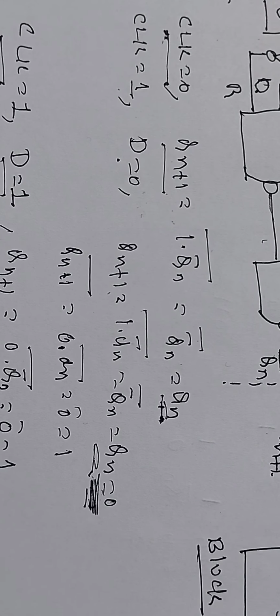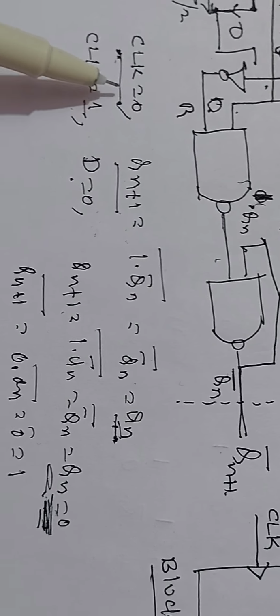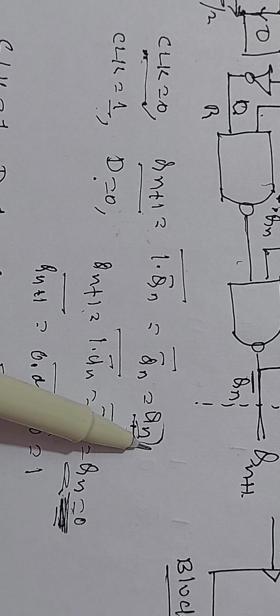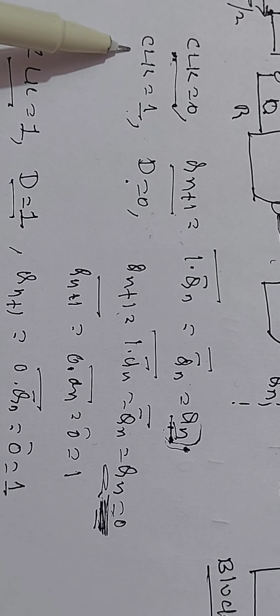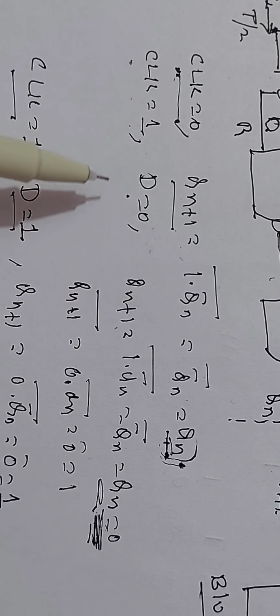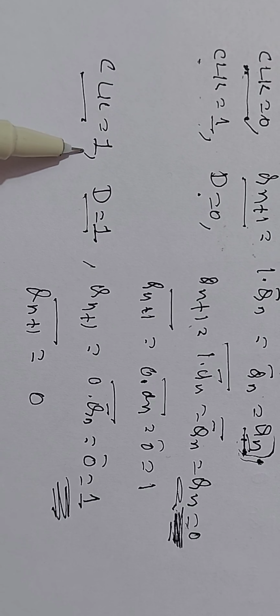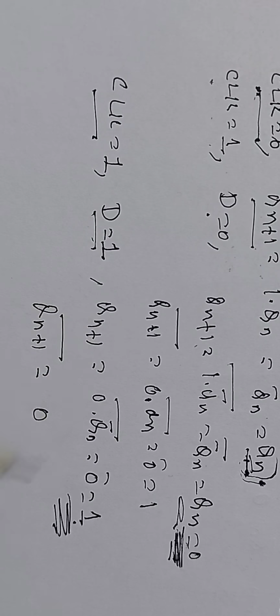So this shows that when clock pulse is not present, that is, when the clock pulse is 0, output remains in the previous state. That means the flip-flop acts as memory element. Now, with the presence of clock pulse, when clock pulse equals 1, when the D input is 0, output is also 0. That is, whatever the data present at D is transferred to the output. When clock pulse is 1, D equals 1, output is also 1. That is, whatever the data present at the input D is transferred to the output. So this is a simple action of D flip-flop.